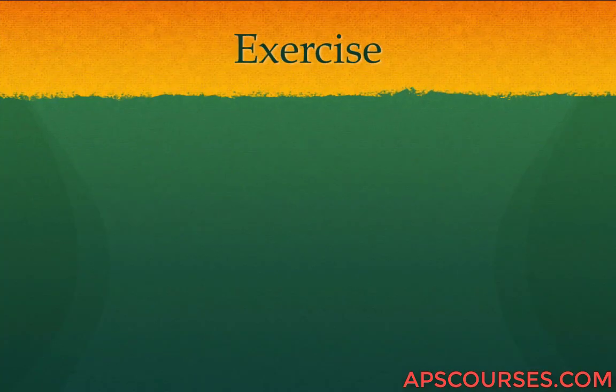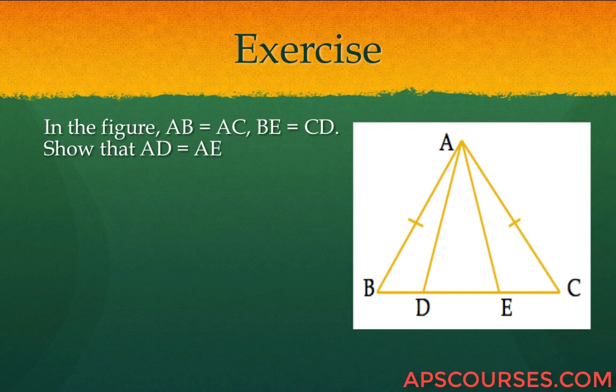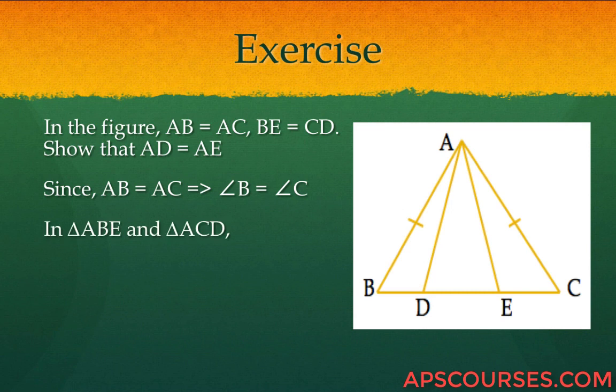Let's now solve a problem. In this figure, AB is equal to AC, BE is equal to CD. We need to prove that AD is equal to AE. Now, since AB is equal to AC, then angle B and angle C are equal. In triangles ABE and ACD,